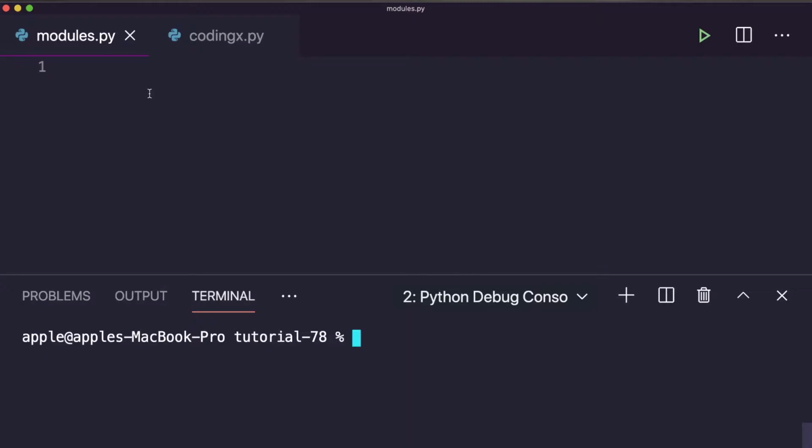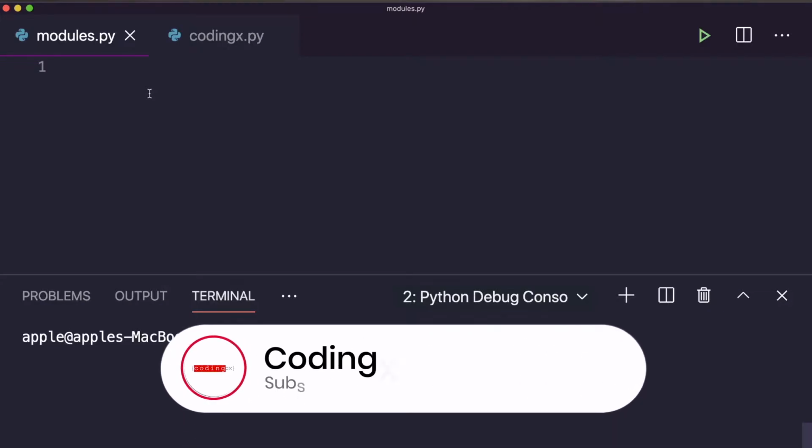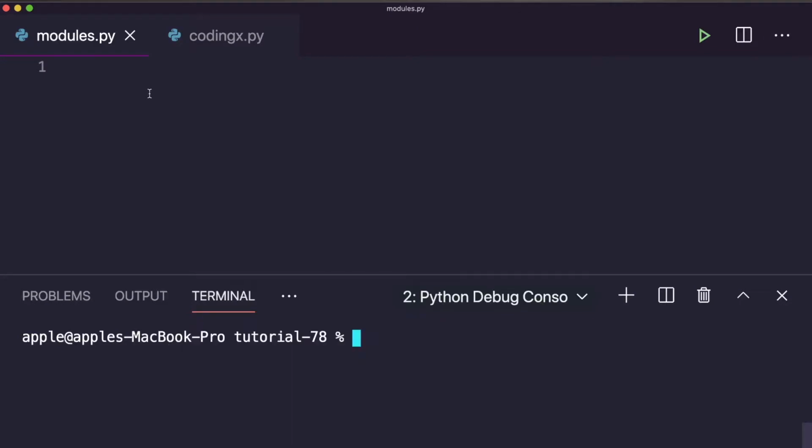So we have discussed how functions can be reused in programming, right? We can define and call a function within a single Python file, but imagine you have a function in another Python file and want to use that function in the current program or file. How do you do that? Yes, we have a solution for that. We can import that file and we can use that function also. Here, that Python file is called a module in Python.